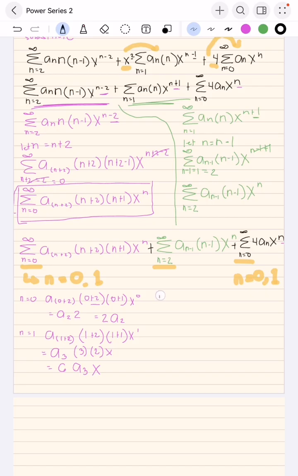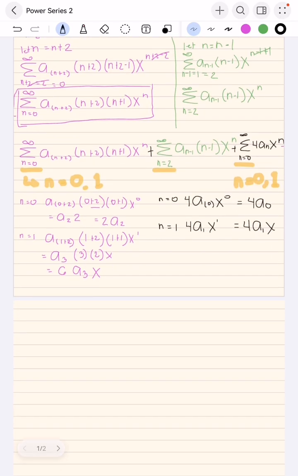So for n equals 0, this would be 4a0 times x to the 0, so this would be just 4a0. Then for n equals 1, for a1 x1, or for a1x. Now that we have solved this, we can say that this would be equal to